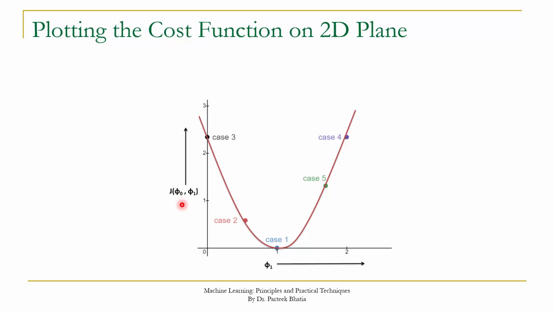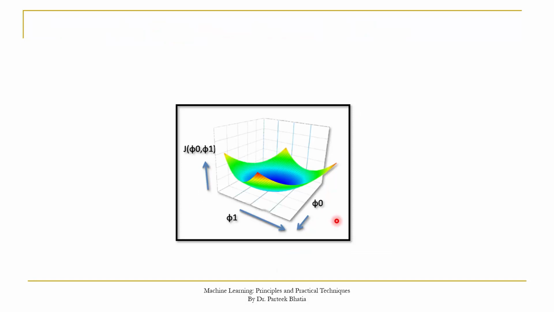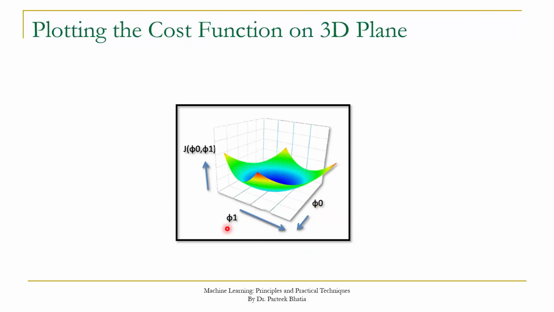So we will actually have a 3D plane and it has been represented like this. And on the variation in phi naught and phi1, we have to note the corresponding changes in the cost function. So we will have 3 axes. On one axis we have constant, on another axis we have slope, while on third axis we have the corresponding value of cost function. If we perform actual implementation over constant and slope, the cost function will appear like this